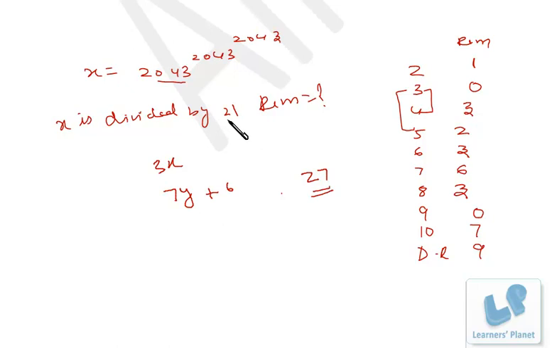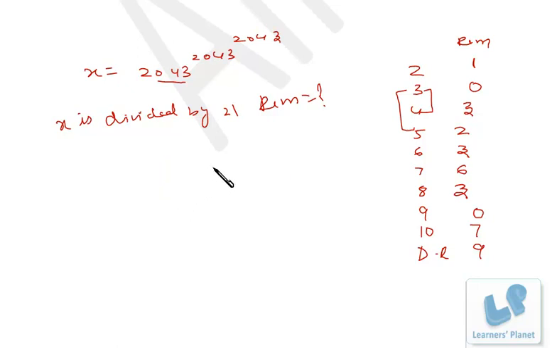Now 27 is a number that is a multiple of 3, and that is in 7y plus 6 format, right? But since 27 is bigger than 21, what we can do? We can deduct 6 from it. I'm sorry, 21 from it, right? So 27 minus 21, the remainder is 6. So if this expression is divided by 21, the remainder is 6, right? If you put y as 0, you'll be getting the instant answer, right? Because if y is 0, this number is in 3x format as well as 7y plus 6 format. Okay, so either you put y is equal to 3, so you'll be getting 27. Now 21 and 27, the difference is 6, so that's why the remainder is 6. Okay, I hope you are clear.